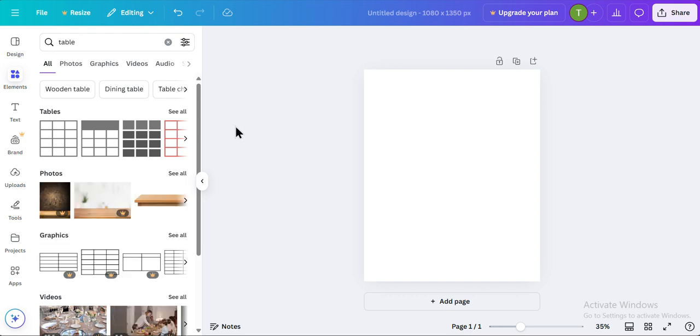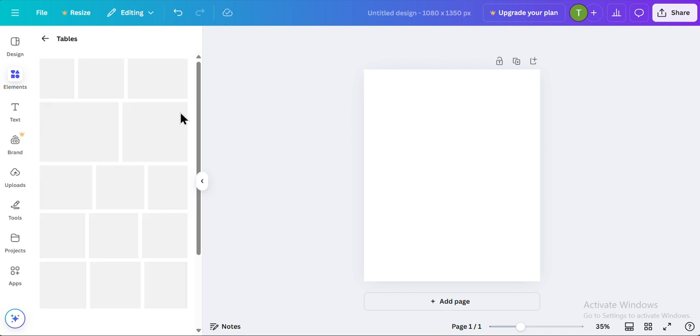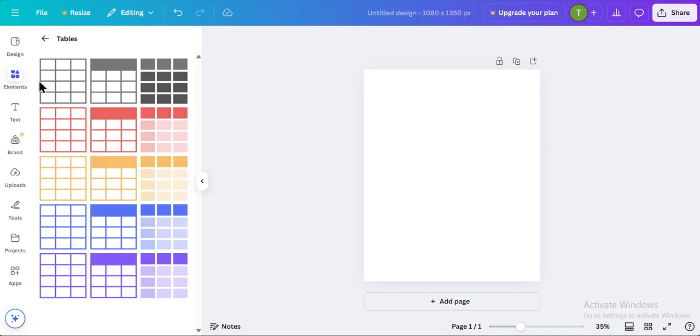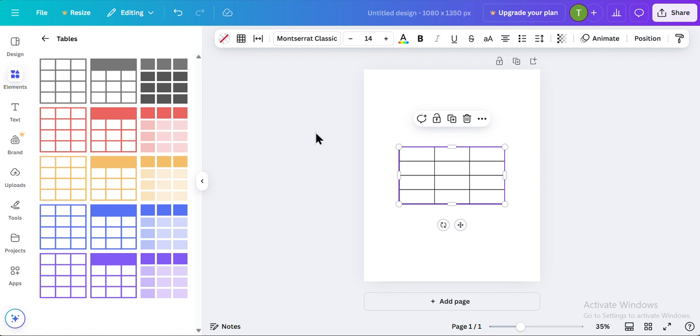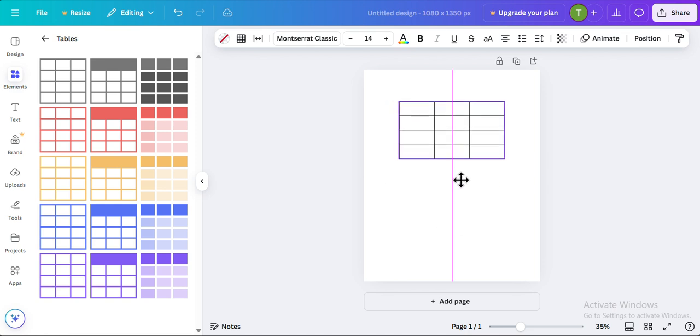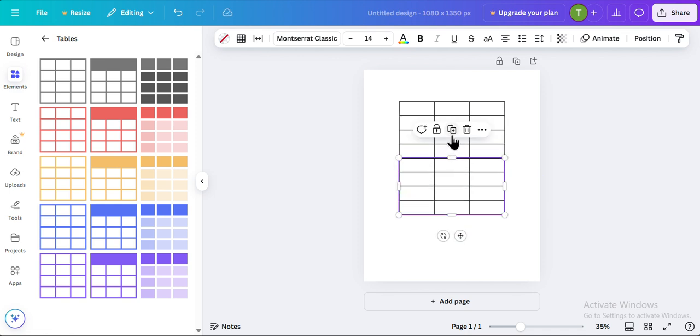After you have searched for table, you will be able to see a certain table option here. Tap on see all and get the first one here. Once you have done it, try to move it in the middle of your canvas, then duplicate it like this, again duplicate it,